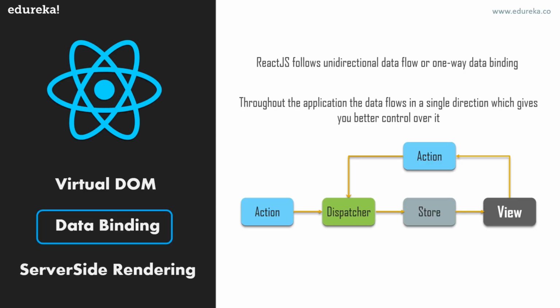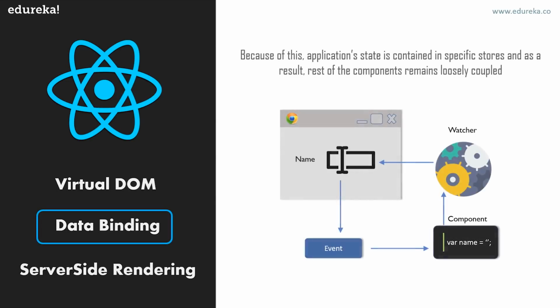So store is acting like a container for application state and logic. The real work in the application is done in the store. The store, you can say, is registered to listen to the actions of the dispatcher, and it will work accordingly and it will update the view. So if I talk about view, or more specifically the controller views, so React components, they grab the state from the store, and then they pass it down to the child components. So that is how data binding works in React.js. It's a one-way data binding, or you can say unidirectional data flow.